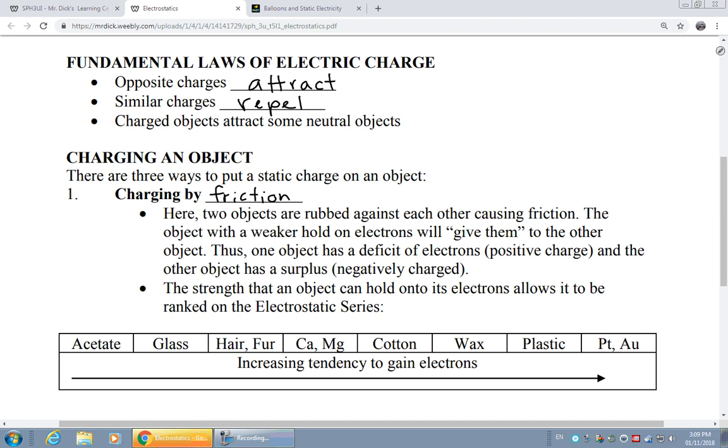Through years of experiments, we've actually determined something called an electrostatic series. It's essentially a ranked list of different materials, and the ranking is based on how strongly they like to gain electrons. We could also think of it as how strongly they hold on to electrons once they have them. So for example, if I took something like glass and rubbed it with something like plastic, well, the